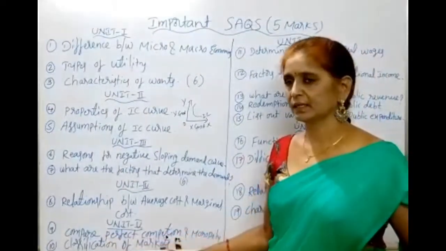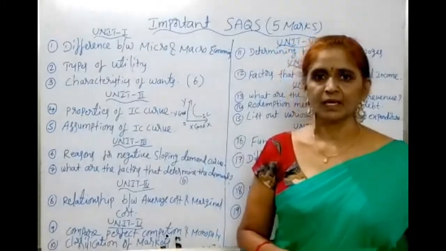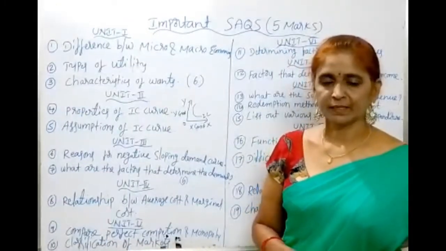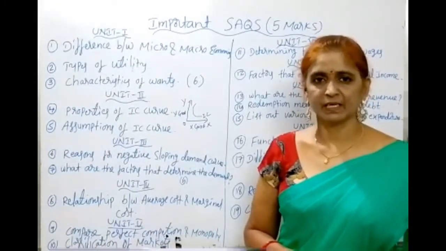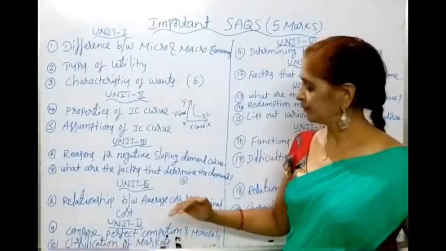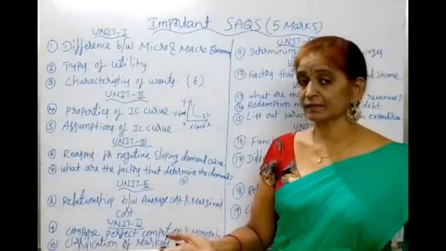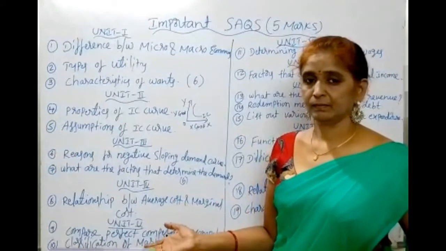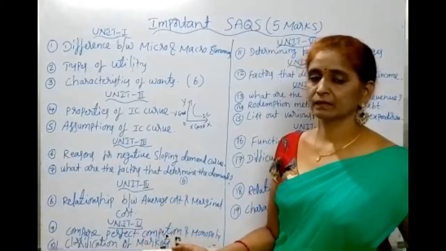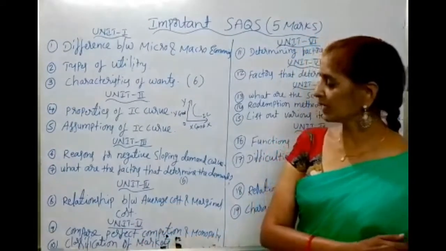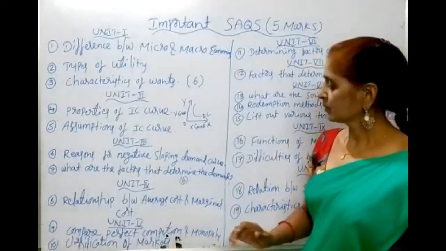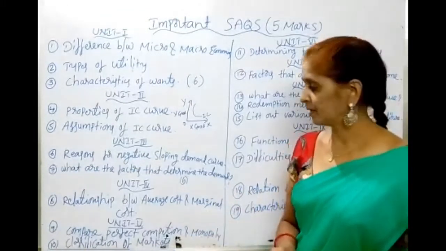You have to write, for 5 marks they will ask, explain the classification of markets based on area and based on time, like that. A few topics they will ask. So whatever is asked by the examiner, you have to present the concept only. Okay, don't write the total answer. So read the question paper carefully first of all.